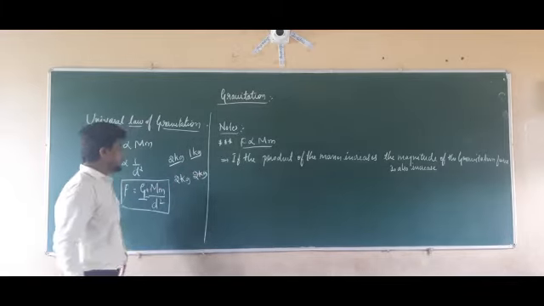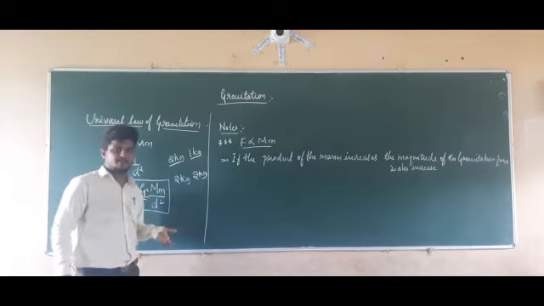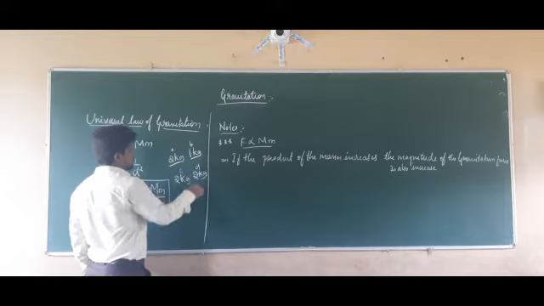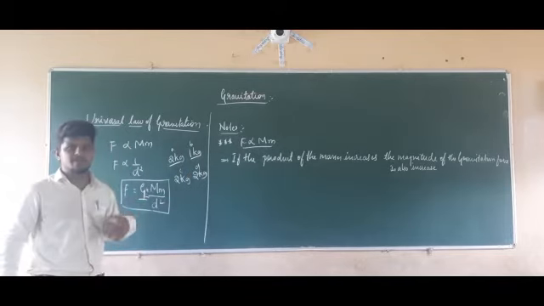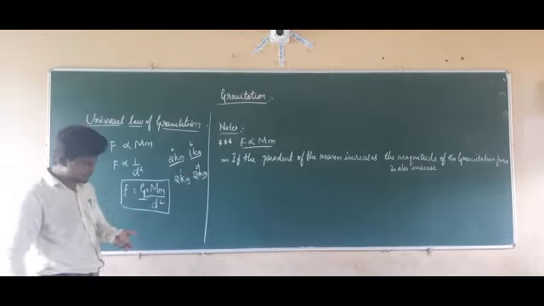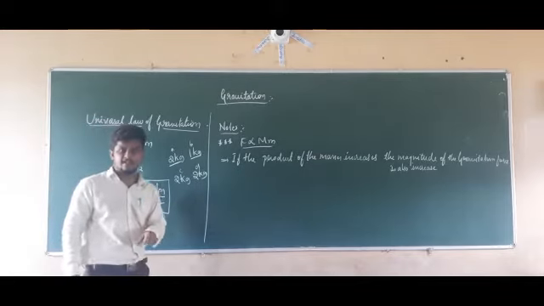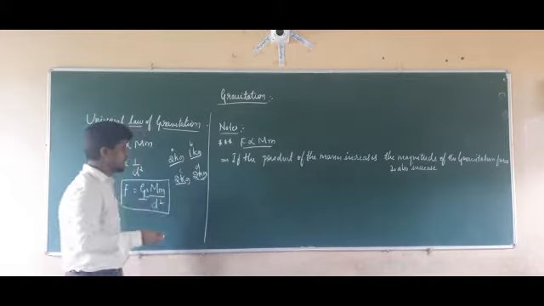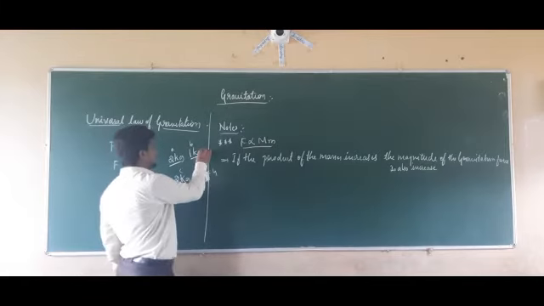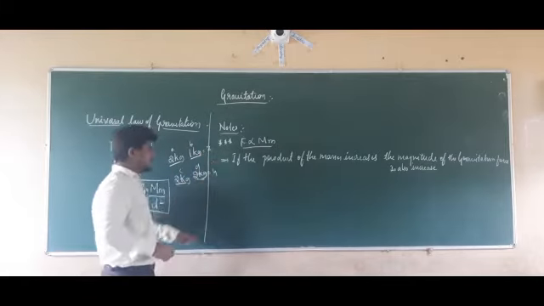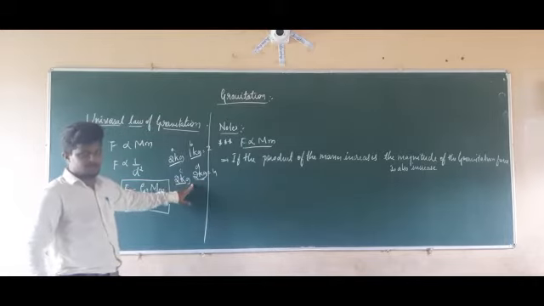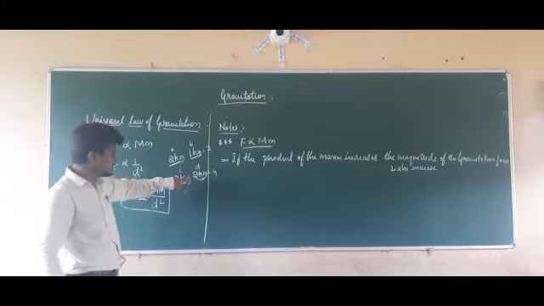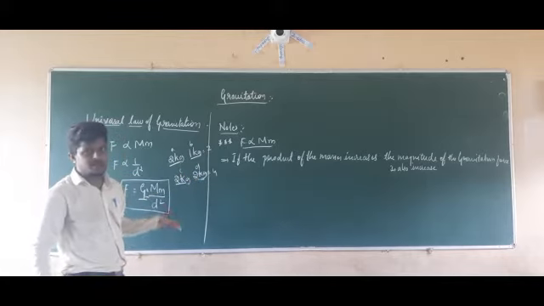In this case, let this be the AB object and this the CD object. From these two cases, which one has the highest magnitude of the force of gravitation? The product of the masses of AB is equal to 2, and for CD it is equal to 4. Since the product of the masses of the C and D objects is higher, the magnitude of the force acting on these objects will be higher.